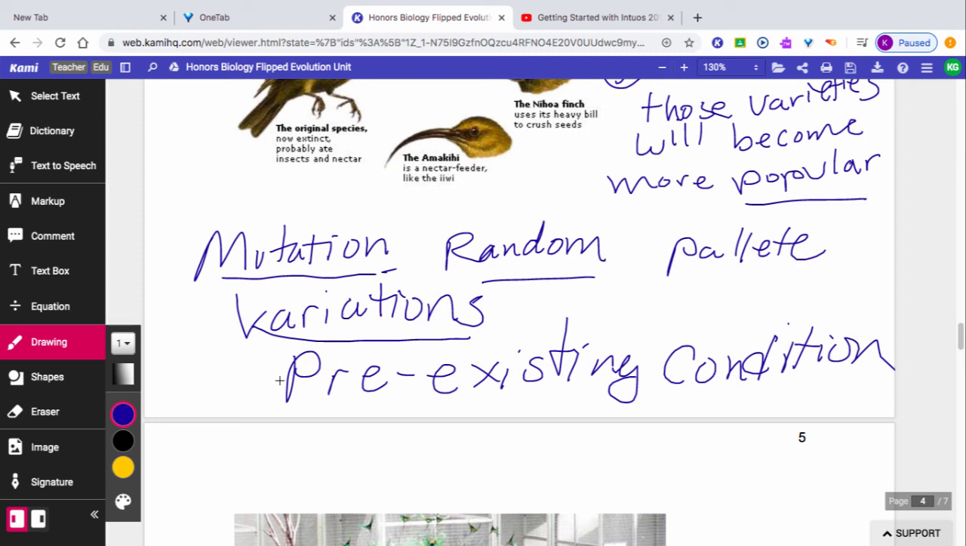So you can't just say, oh, I mean, we obviously understand this, but you can't change your genes in response to the environment. Now, you might have even seen or heard that there's some